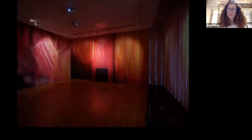And then on the opposing wall, you'll see a fireplace. And I'm trying to weight the space in some ways, and to create a balance and create a flow, so you walk around it and it doesn't just become a corridor. But also, I think fireplaces are really interesting in domestic interiors, and I've done a little bit of research around